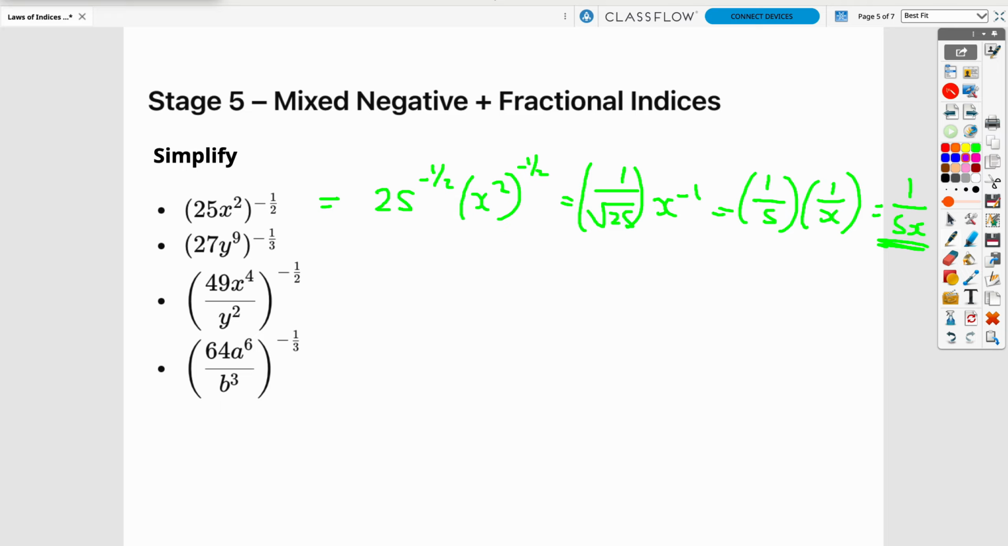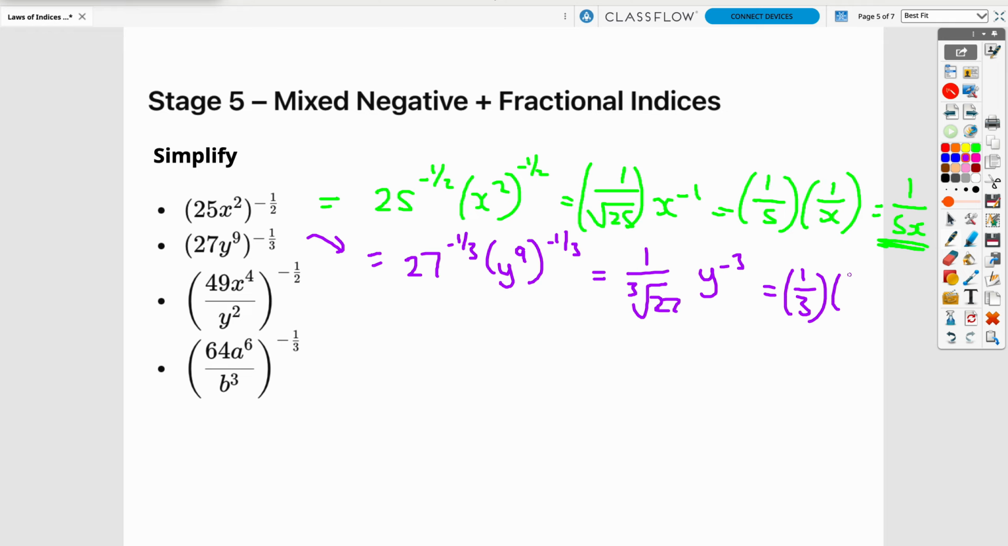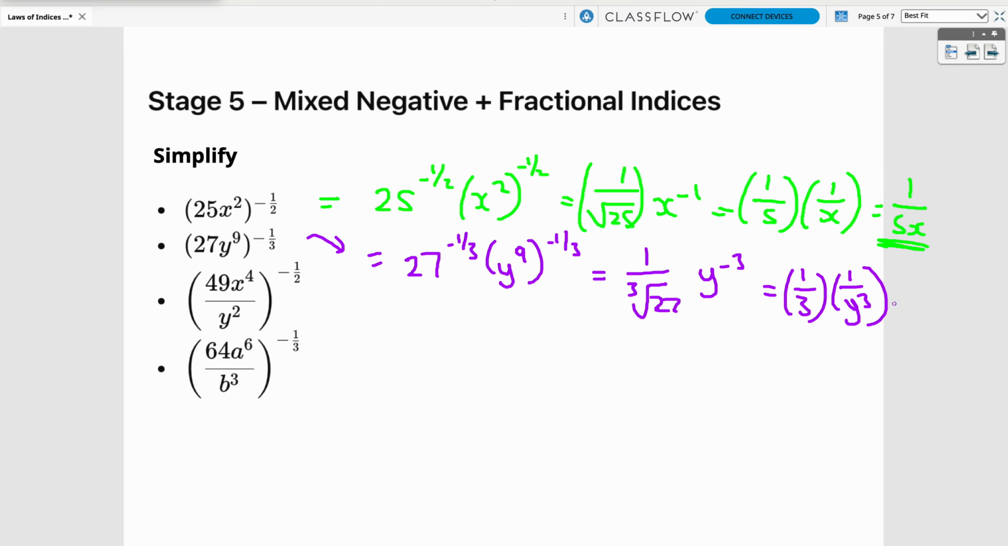Let's do the second one. Okay, so if you're feeling brave, go for it. So let's make a bit of space. Maybe I'll just have to go a little bit further down. We've got 27 to the power of negative a third. Then we've got y to the power of 9 to the power of negative a third. Same idea. So it's 1 over, in this case, the cube root of 27. And then 9 times minus a third is minus 3. So it's y to the power of minus 3. So it's going to be 1 over 3 times by 1 over y cubed. So the final answer for this one, let's just move this out of the way, is equal to 1 over